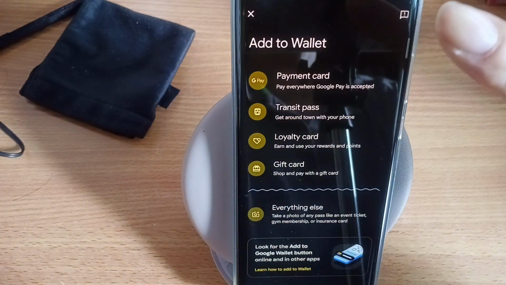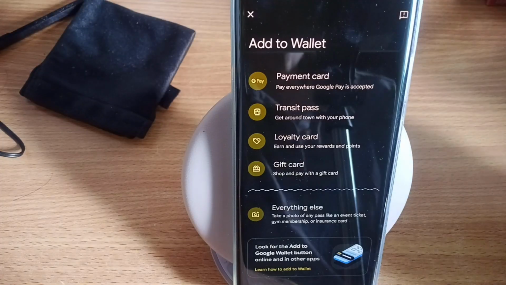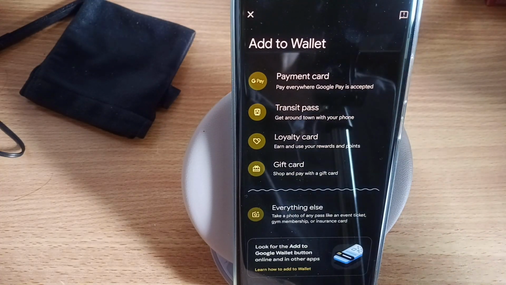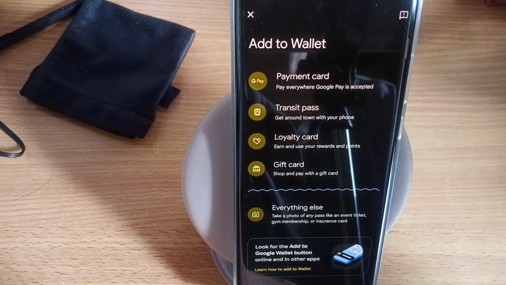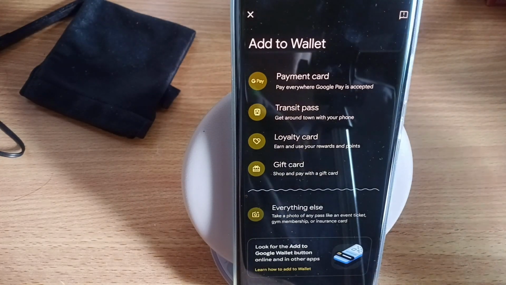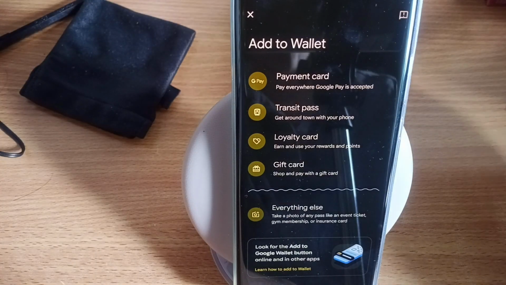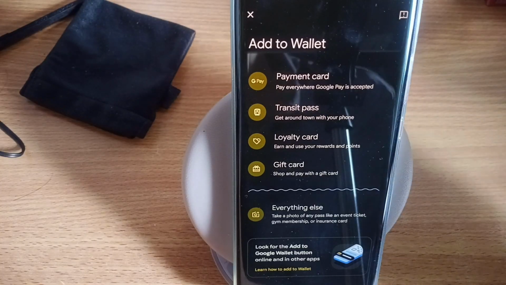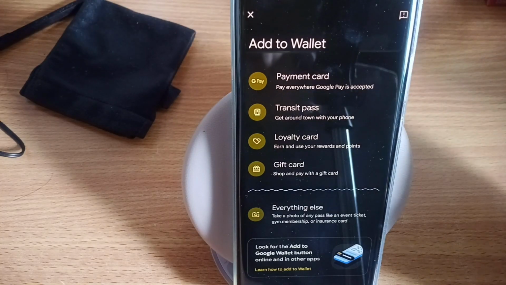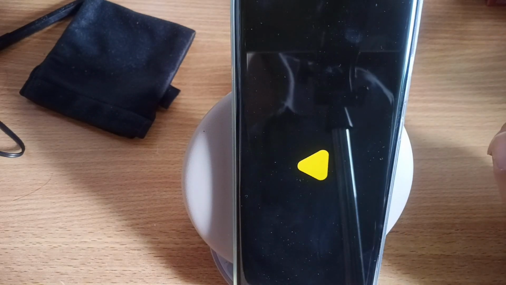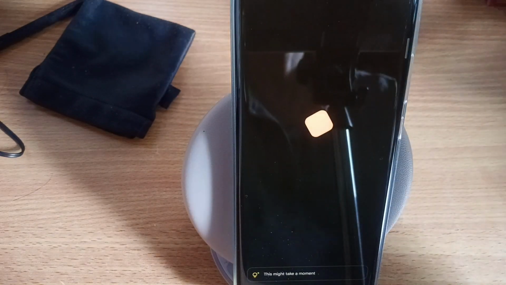Number three, when you want to add a new payment card to your phone, you can add it directly to the Google Wallet without installing the app from your bank. So if you have a card already from your bank which supports Google Wallet, all you need to do is add to the wallet. You just tap on the new payment card, and then you can enter the details manually